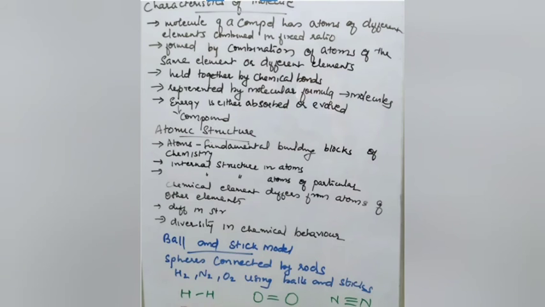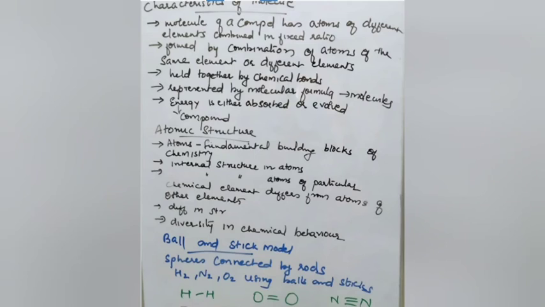Molecule means the smallest particle of an element. So an atom is the very smallest particle. A molecule, of an element or a compound, is the smallest particle. In the case of oxygen gas, it is made up of oxygen atoms. Then about the